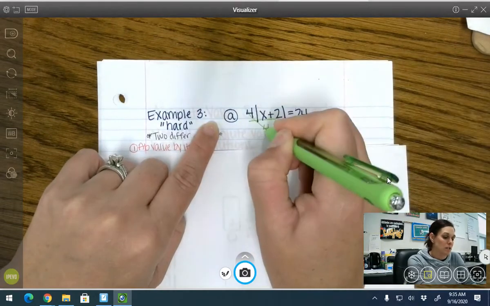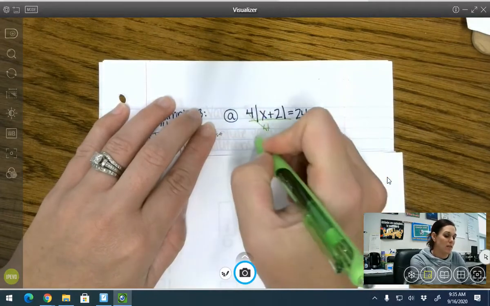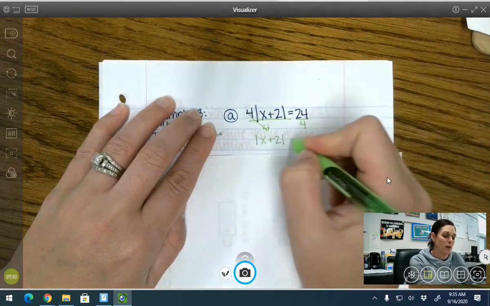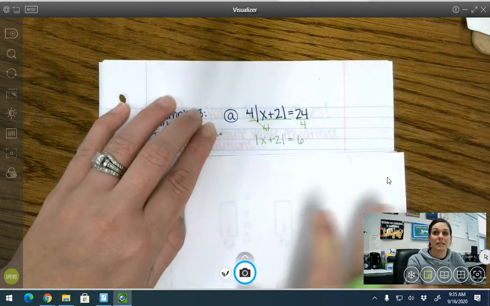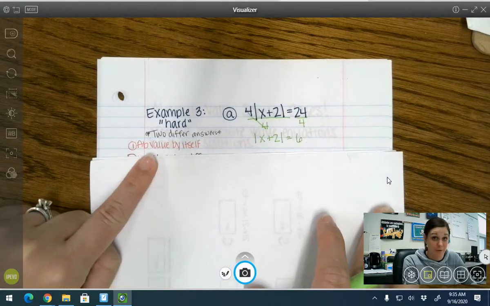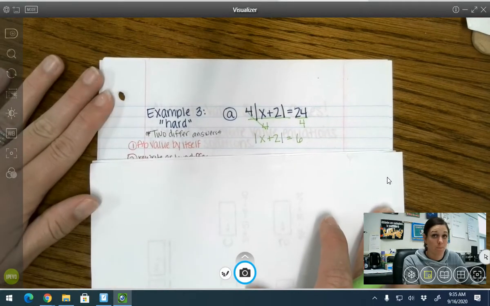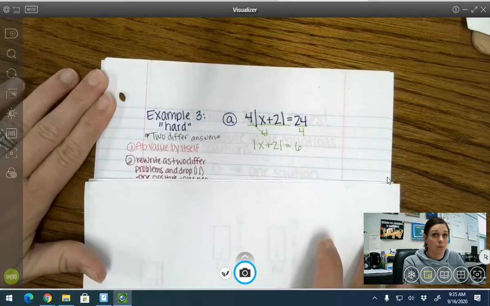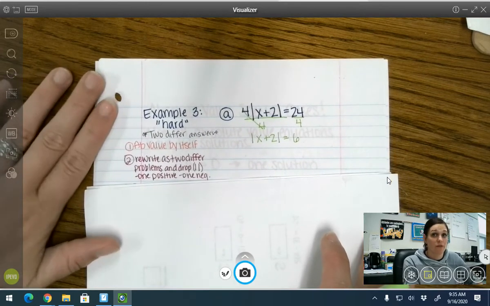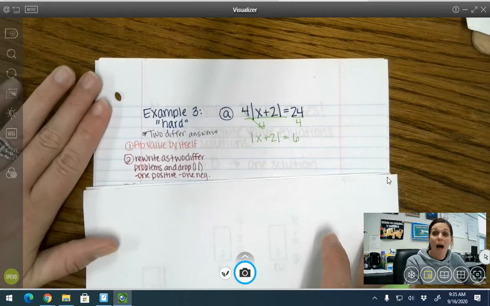I'm going to cancel these to 1. So I'm going to get the absolute value of x plus 2, absolute value, equals 6. So all I did is I did absolute value by itself. Okay. In step 2, I need to rewrite these as 2 different problems, and I'm going to drop the absolute